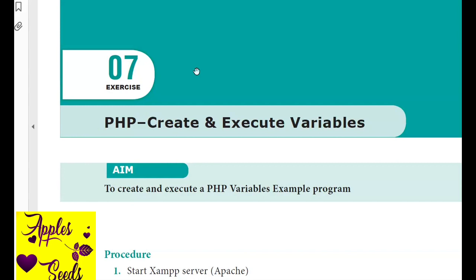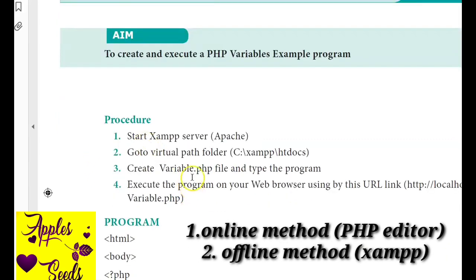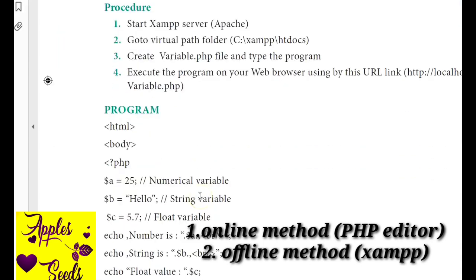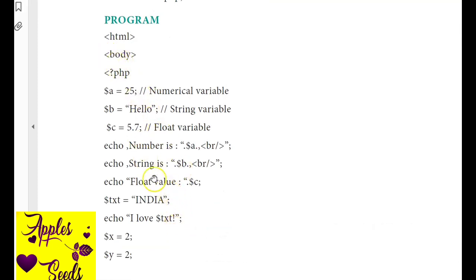Today we are going to see how to type the PHP program on our machine, also in the lab. First of all, you have to notice that for the given program we have to start with the exam server. Usually we go with the exam server. We have two methods to execute the program. The first method is the online method, and the second is the local machine exam application. First I will teach you method 1, then I will go to the second one.